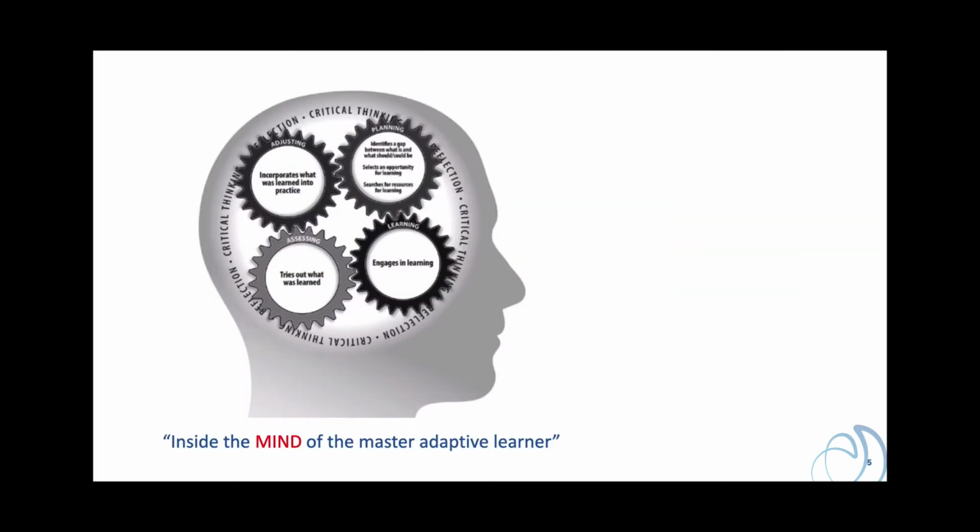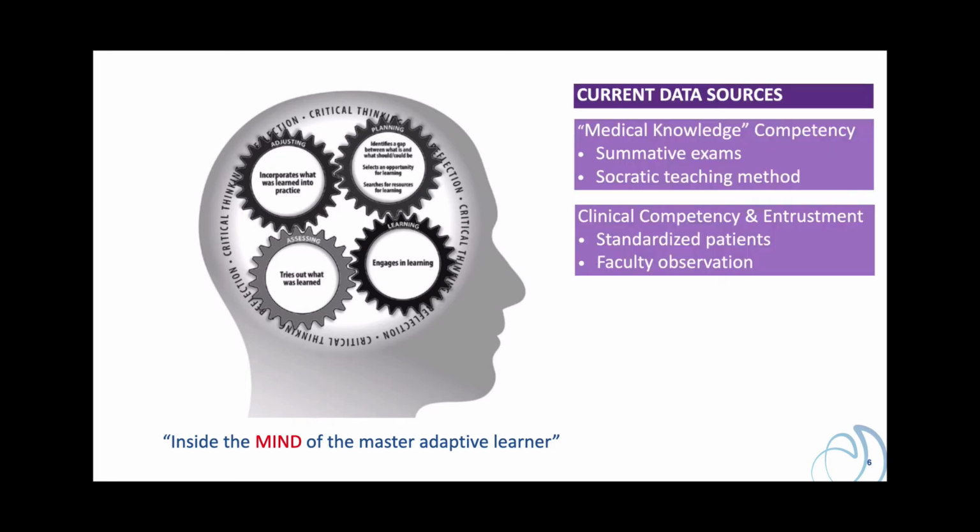The challenge in coaching toward the development of cognitive competence in master adaptive learners, however, is that, just as Jason identified, it lies hidden within the mind of the learner and we can't exactly unzip their brains in order to look inside and assess what is going on. And further, the assessments that we do have provide little to assist either our learners or us as faculty to effectively coach for cognitive competence.